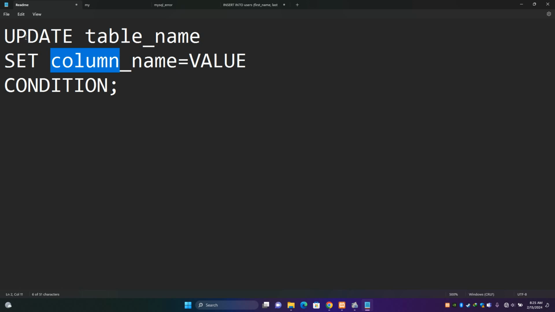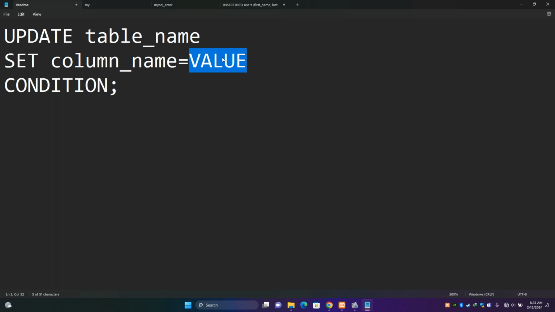You can just say update the name of the table, let's say this table name is employees, set, and then you specify which field or column that you want to update. So column name, let's say salary is equals to